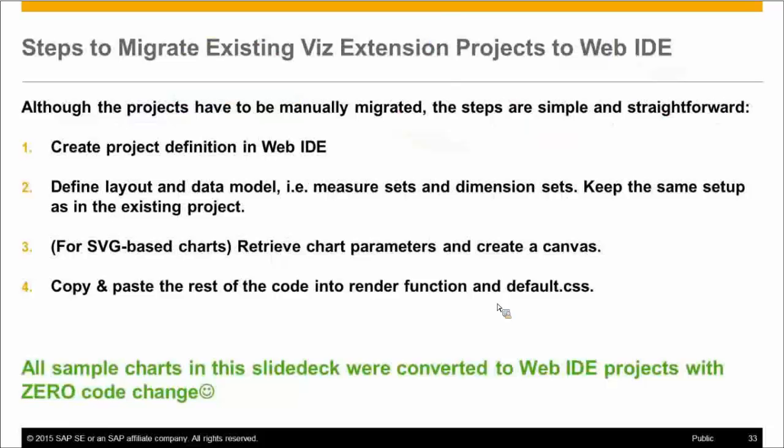and also let me also talk a little bit about migrating your existing Viz extension projects to Web IDE. And as I said, there is no code change that's necessary if you have already built your extensions with the built-in VizPacker utility. So the overall step would be you create a project definition in Web IDE. Although it has a different UI, it's very, very similar to creating a project in the built-in VizPacker utility. You create a project, you define the layout and data model, and all these are very similar to the old